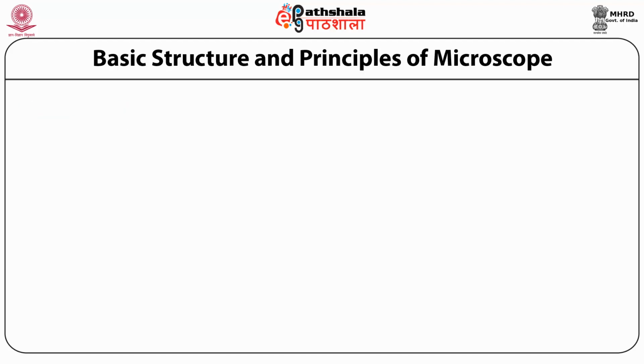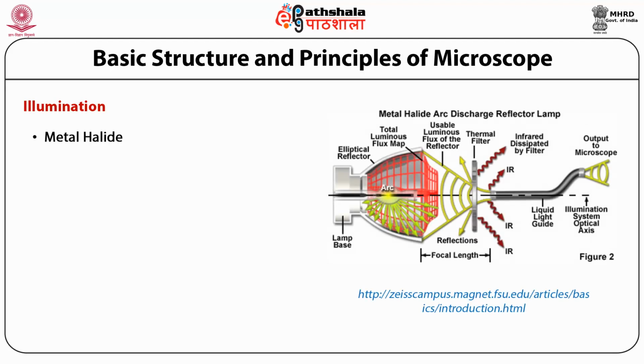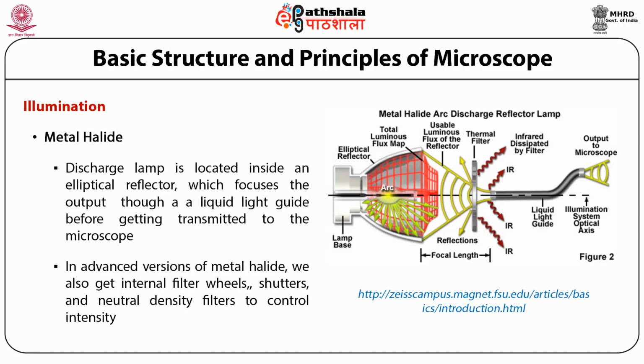Similarly, halogen lamp, mercury lamp, and xenon lamp use a different combination of inert gas and the arc to generate the light. One illumination source which is commonly used nowadays is metal halide, which is actually a discharge lamp located inside an elliptical reflector which focuses the output light through a liquid light guide before it gets transmitted to the microscope. As you can see in this picture, you have the lamp base, and you have an arc which generates the light, and then you have the